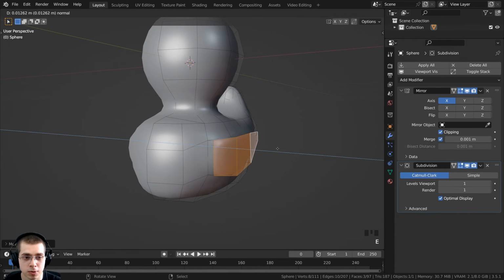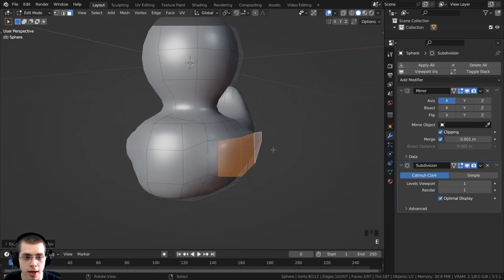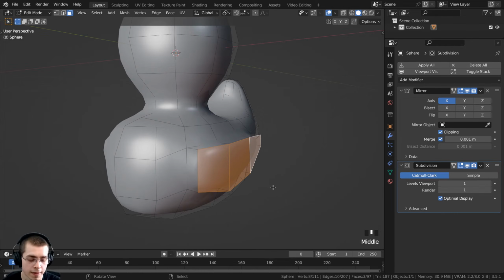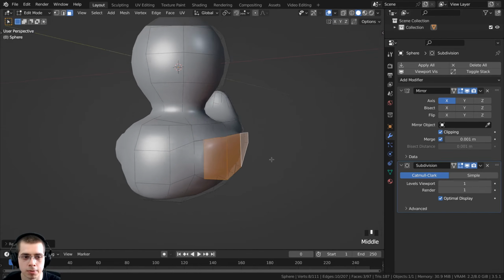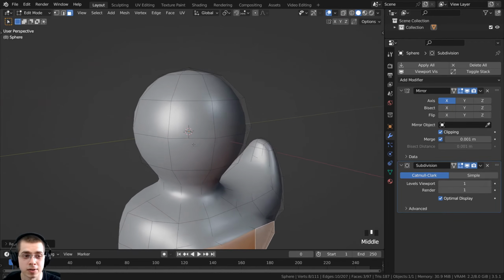Then I can press E to extrude, and we're going to extrude that out to make the wings. And then I can also scale these, and I'll scale them up on the Z axis just to make them a little bit bigger. So now I want to make the eye, so I'm going to go right up here,